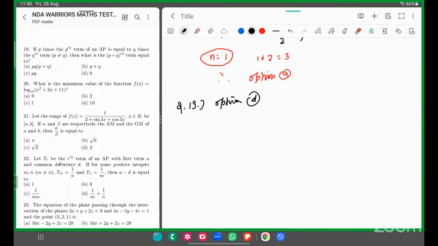Question 20. What is the minimum value of the function? What minimum value can be there for this? They are asking. Okay. Minimum value can be what? x square plus 2x plus 11. Log is defined for only positive numbers. So when you try to solve it, what can its minimum value be? According to the property of log, x square plus 2x plus 11 must be greater than